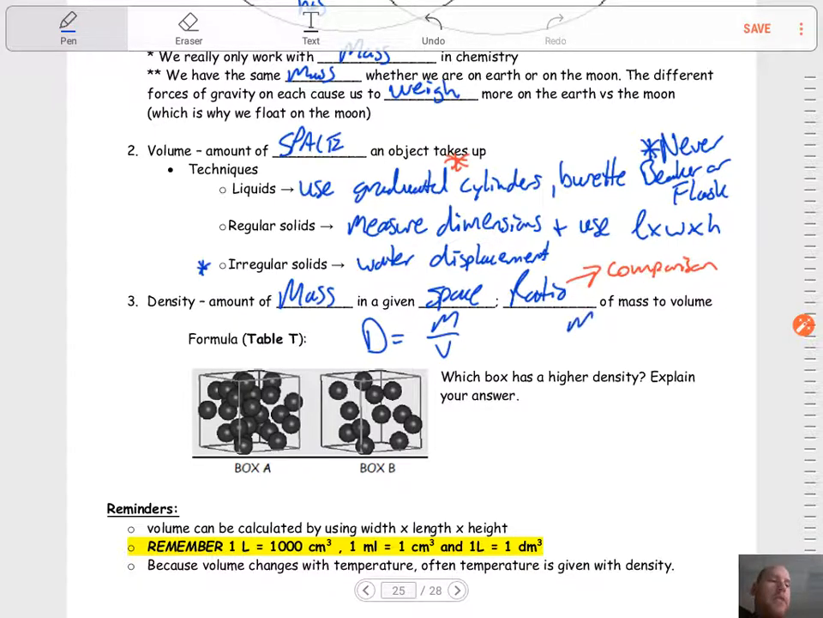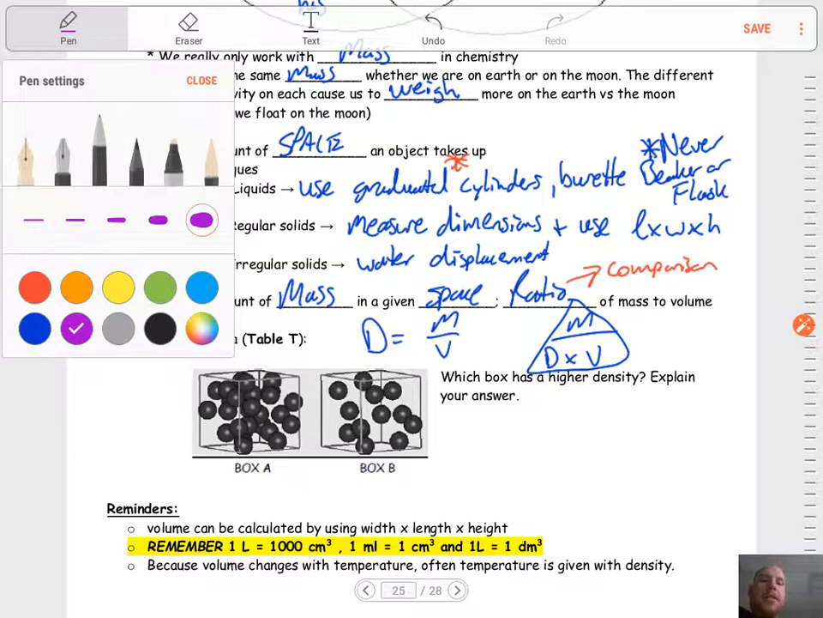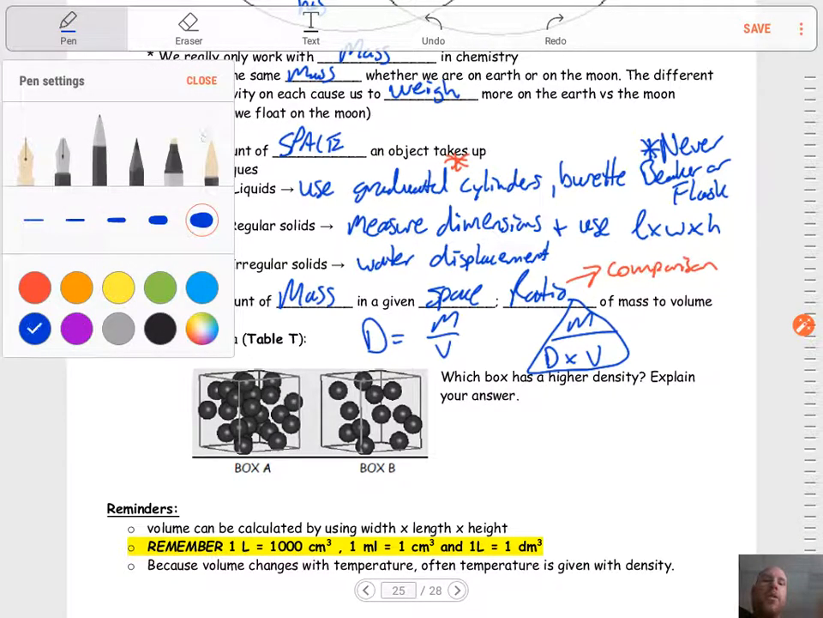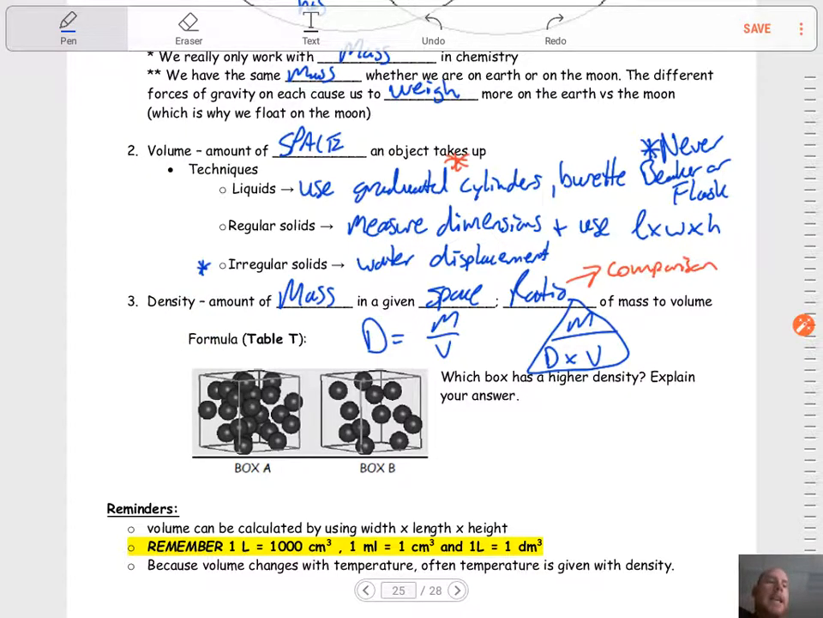Maybe many of you guys remember this little helpful tool, the density triangle, because if you're looking for, let's say, mass, you would cover up mass. Oh, there's your formula. Mass equals density times volume. If I was looking for density, oh, look, it's mass divided by volume. If I'm looking for volume, I cover up volume, and that's mass over density. So that's a useful tool. I would encourage you guys to write it on your reference table next to density, to remember that